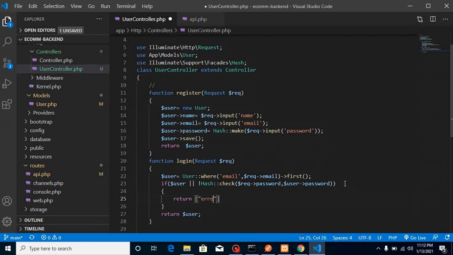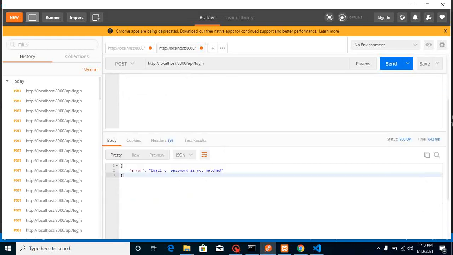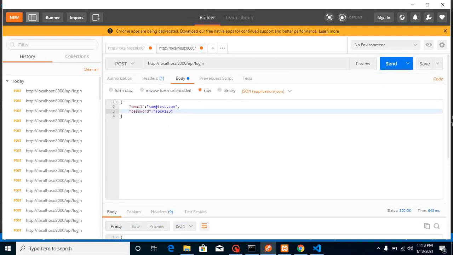Let's use a small error and simply put user email or password is not matched, right? That's okay. And now let's save it. Now let's see what we are getting here. We are still getting okay, so we just got email or password is not matched, but these are actually matching.